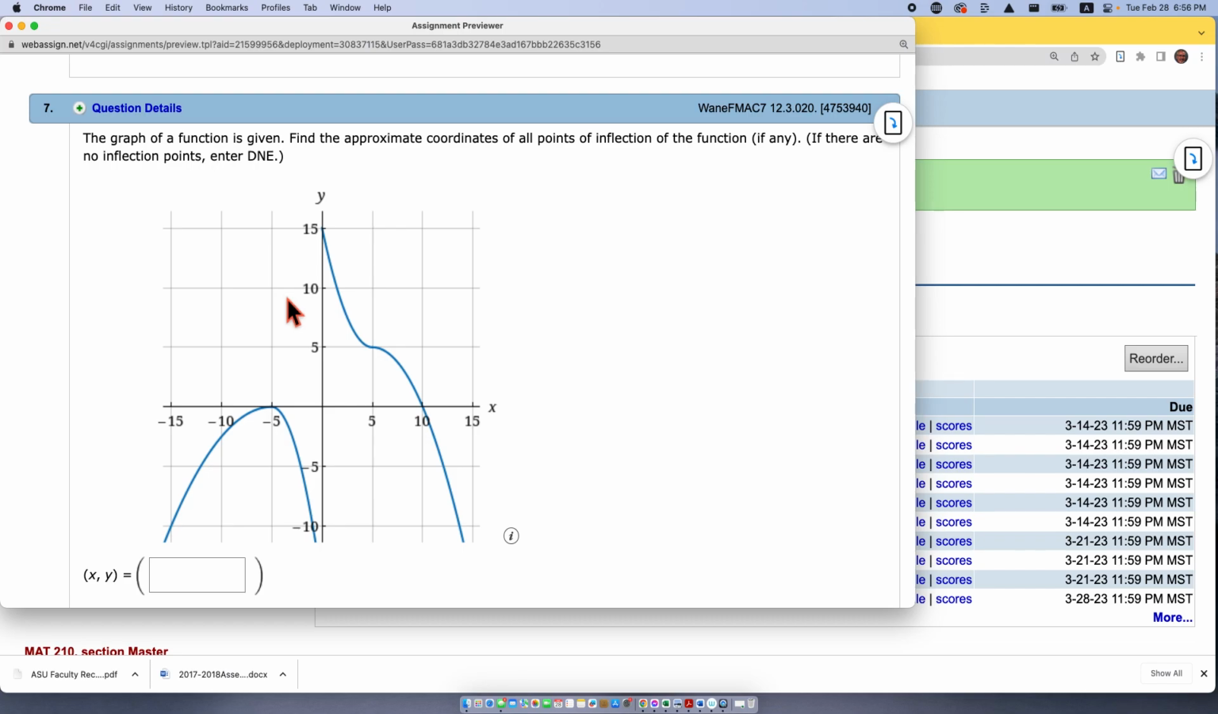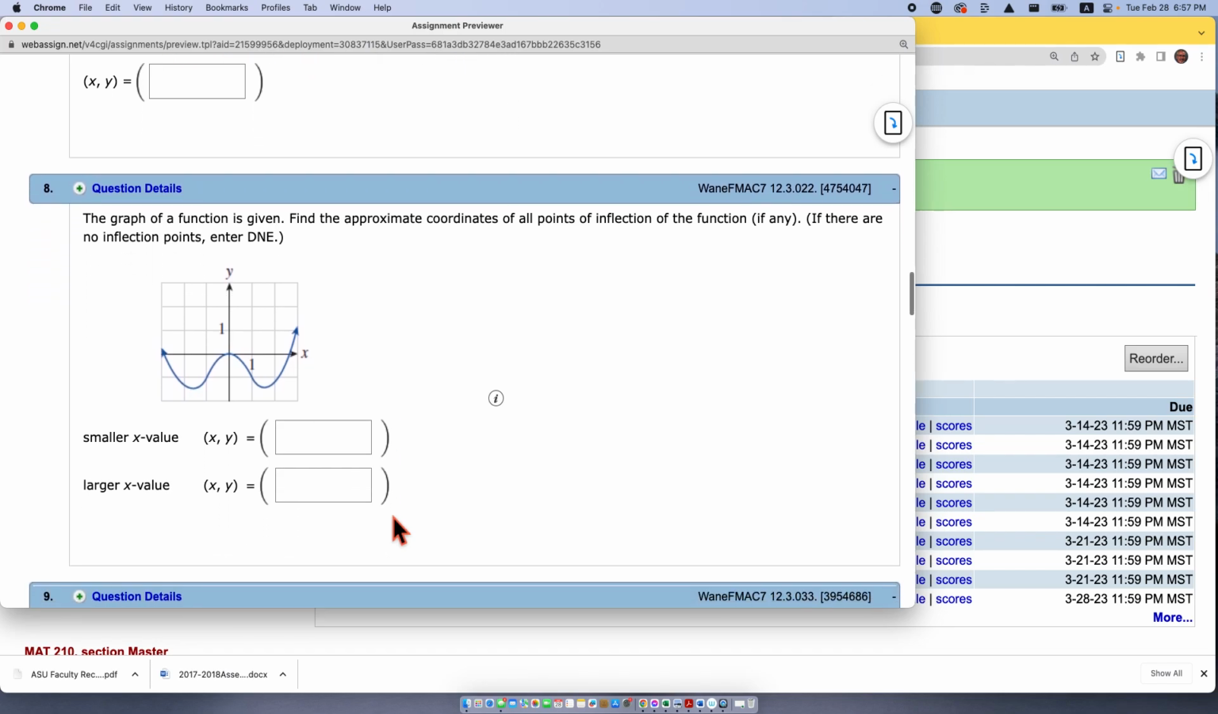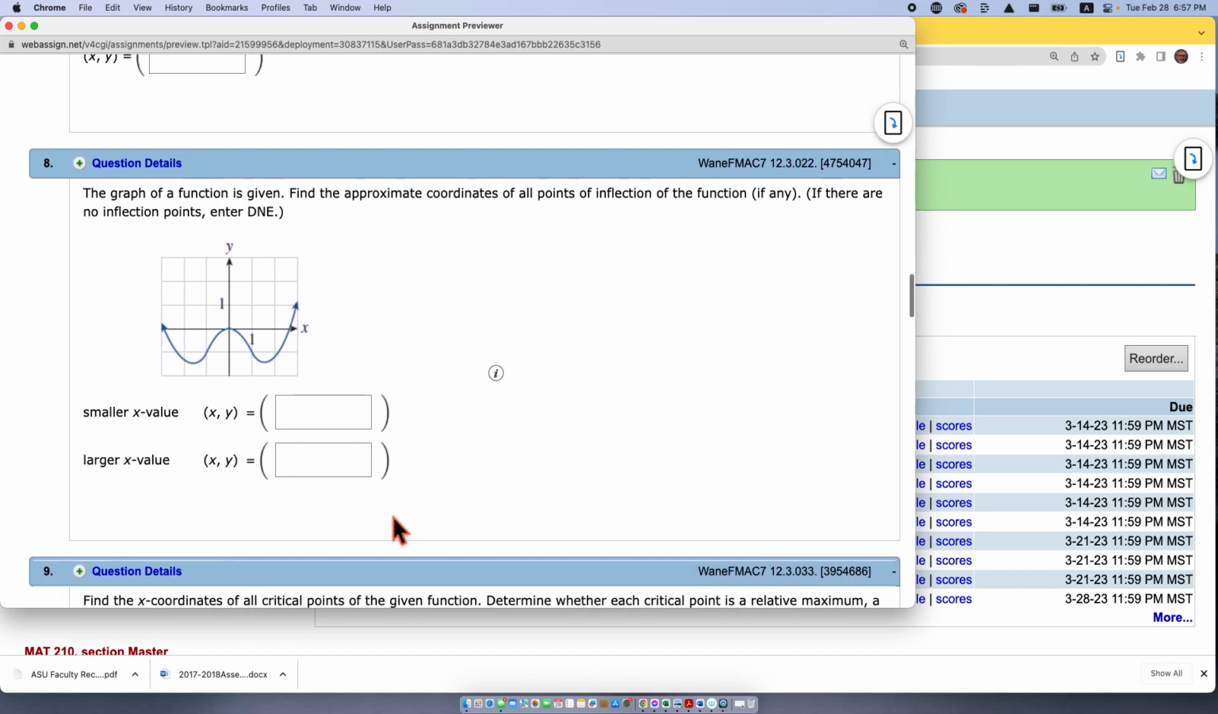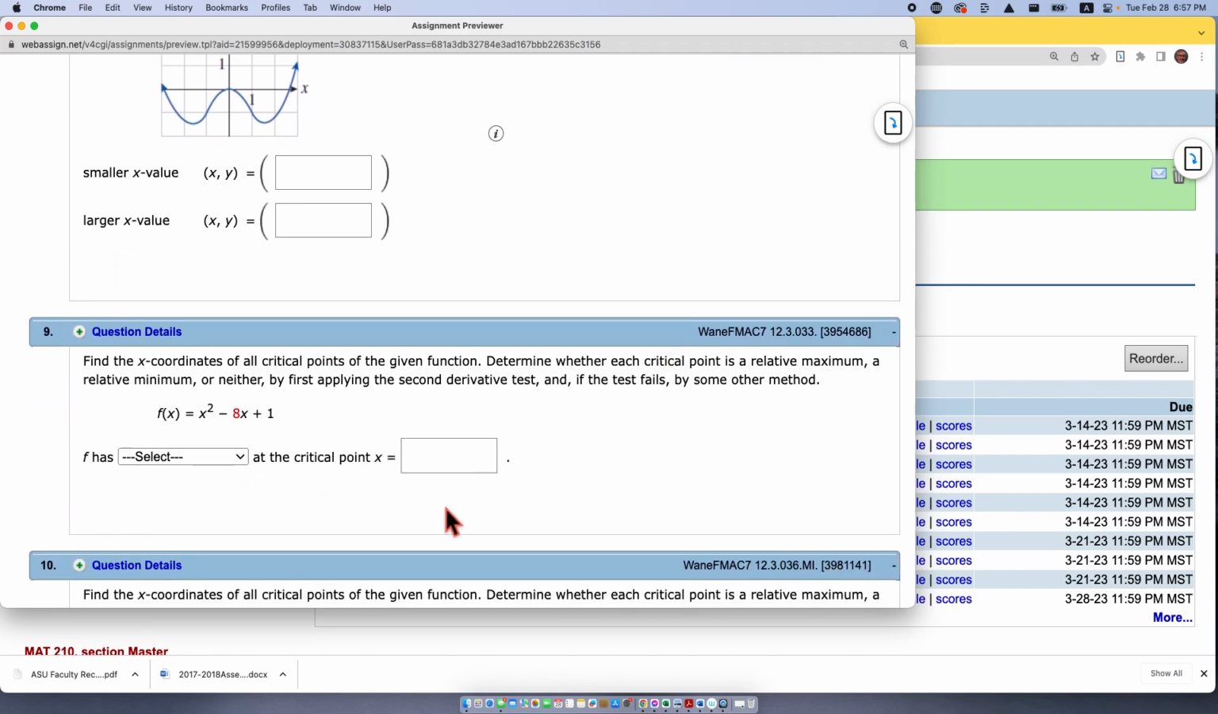This one's a little more complicated, but I think you could see something there, some x values. And again, so graphical ways of looking for inflection points. Okay, remember that's just where it changes concavity. And then they're going to give you some functions. Again,